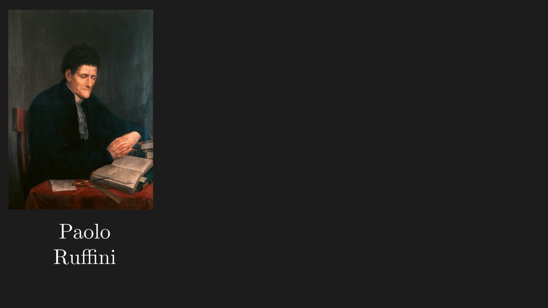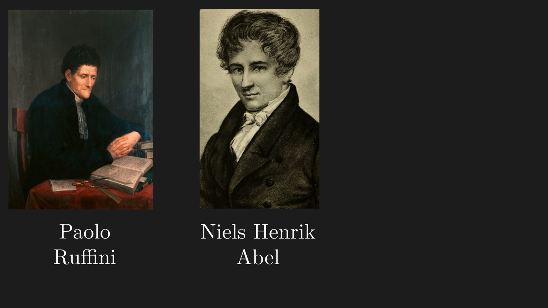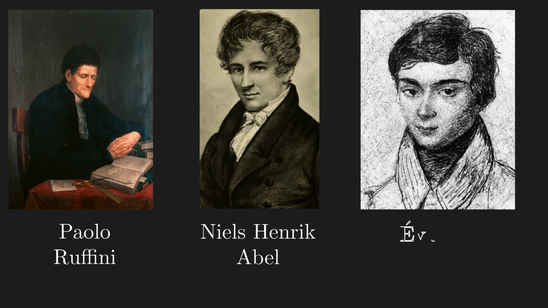The first proof was given by Paolo Ruffini in 1799, and he had the right idea, but there was a hole in his argument. Then in 1824, Niels Henrik Abel builds upon Ruffini's idea and comes up with a complete proof. And then soon after, Évariste Galois builds upon the theory and generalizes the result for any polynomial. This was an unsolved problem for centuries, and many mathematicians tried to solve the equation directly, since that would be the most normal thing to do when you have an equation. But that, we now know, is an impossible problem to solve thanks to these three mathematicians.